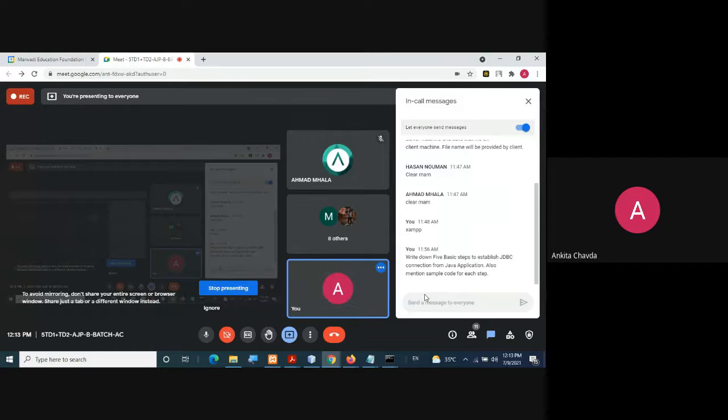So I hope this thing is very clear and you are able to do the JDBC programs from now onwards. Say yes or no. Yes, ma'am. Okay, fine. So if you wish to finish this program, first finish this, right? If you have not yet installed XAMPP and all, please install it, because from now onwards, whenever you have to do the program, you need this XAMPP as well as NetBeans. So please finish this program.